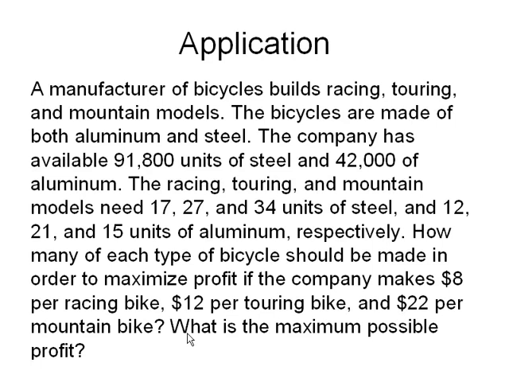A manufacturer of bicycles builds racing, touring, and mountain models. All bicycles are made of both aluminum and steel. The company has available 91,800 units of steel and 42,000 units of aluminum. The racing, touring, and mountain models need 17, 24, and 34 units of steel and 12, 21, and 15 units